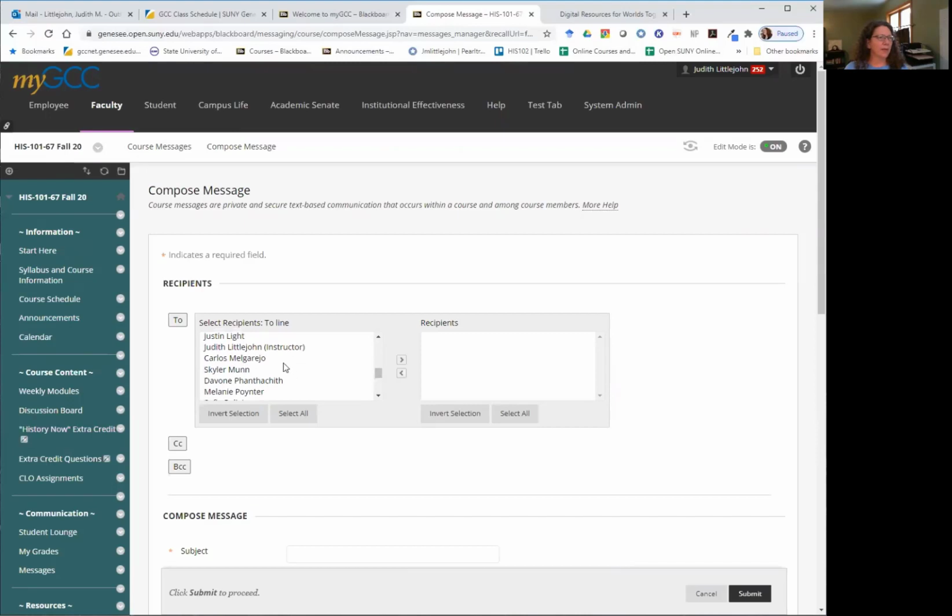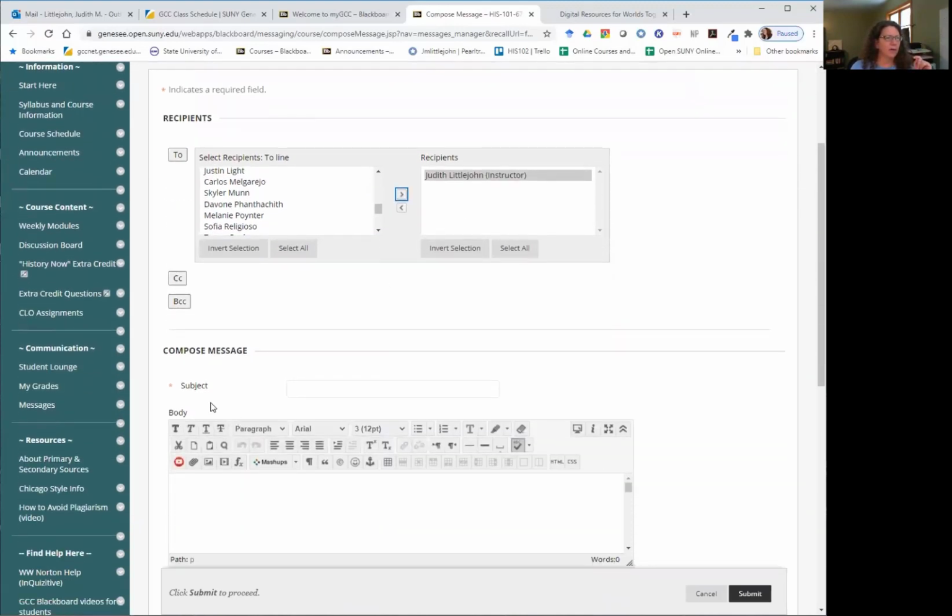Mine says instructor next to it. If you want to message everybody, I wouldn't, but you select me, click the arrow to get it over into recipients, and then write your message down here. It's a little bit clunky system, but once you do it a couple of times, you'll get the hang of it.